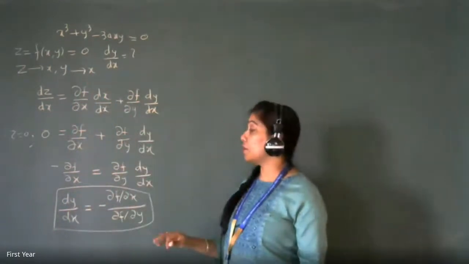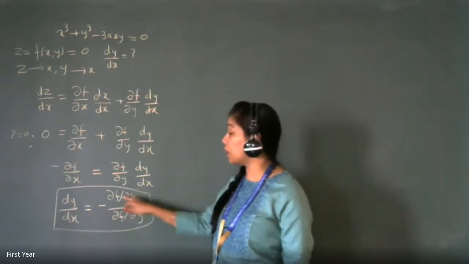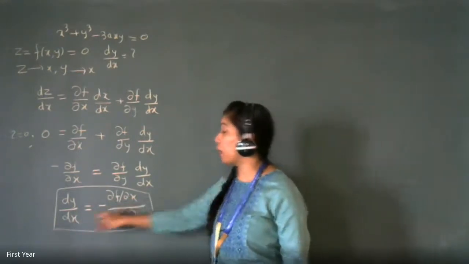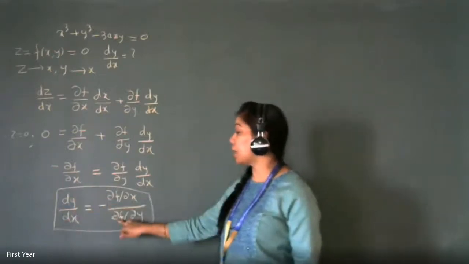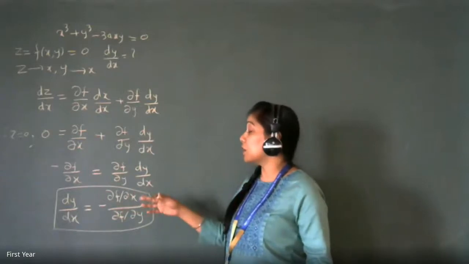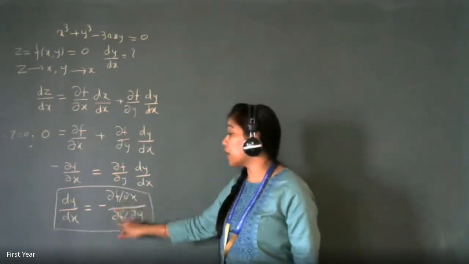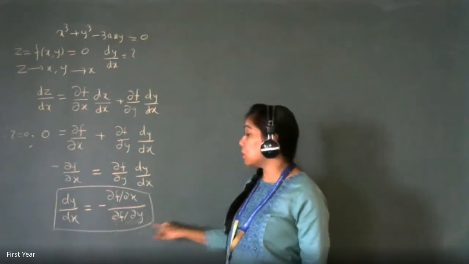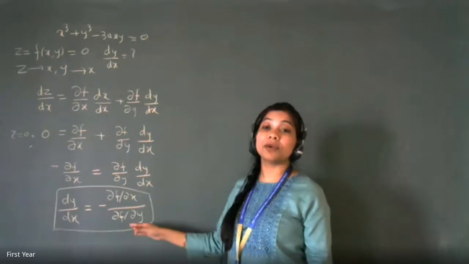So you have to differentiate f. Now who is in the denominator? dx is in the denominator. So differentiate f with respect to x in the numerator, and dy is in the numerator, so differentiate f with respect to y in the denominator. This is for understanding, or for writing the formula. If you cancel out del f and del f, this will become del y by del x. So that way also you can try to write down the formula.